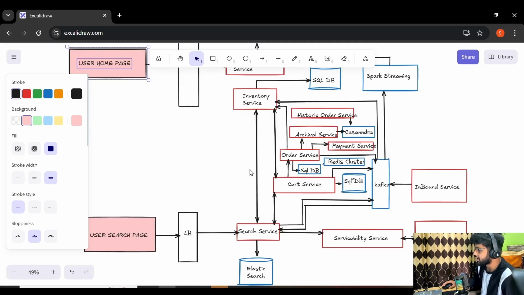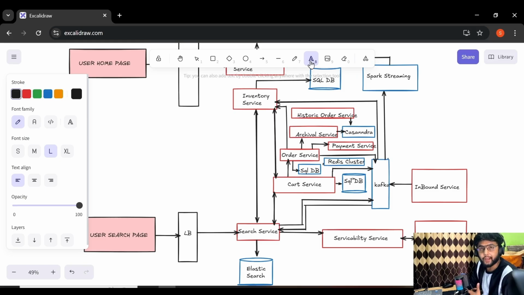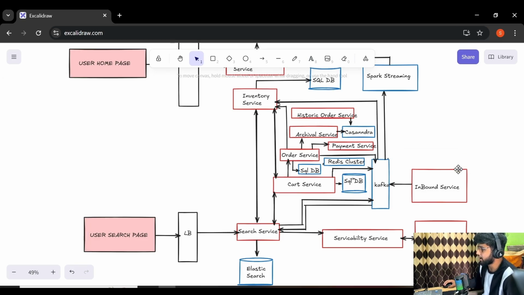So start with our architecture with the inbound service, how an item comes in the world of Amazon, or we can say how different sellers onboard their products and items to the Amazon. So using this inbound service, different sellers will onboard their product to Amazon, and this information will be sent to Kafka.